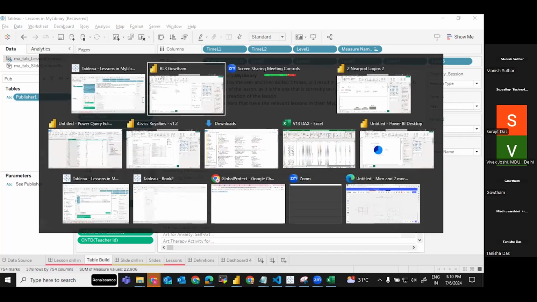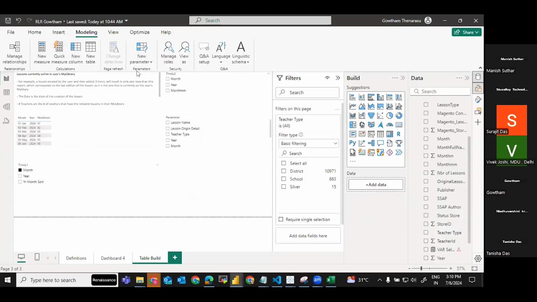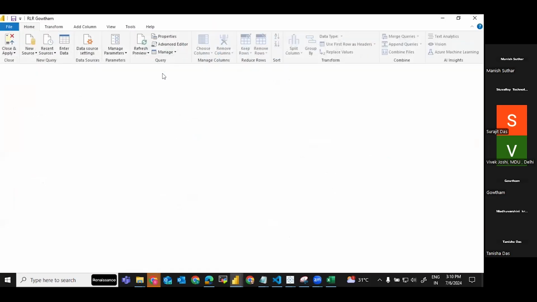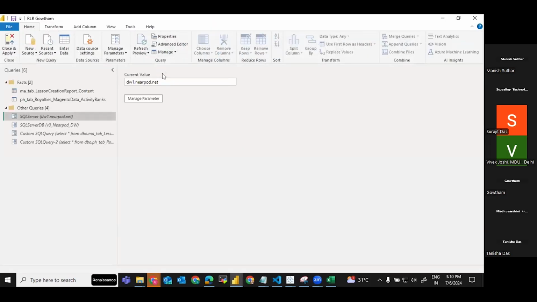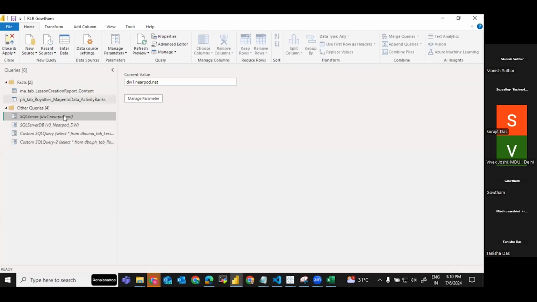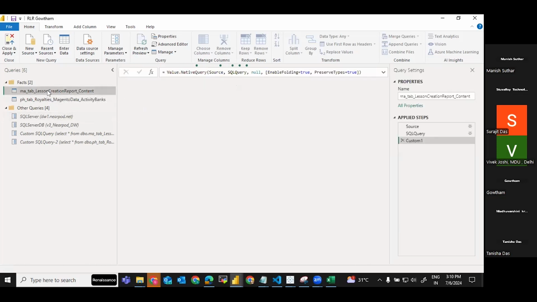For example, if I go here and click on the transformer, could you see, as I showed you in Tableau, here are the two databases. From these two databases, we are getting the data in Tableau. The same thing, we have to establish the connection between these two databases. But how to establish the connection between the two databases? If you click on this,